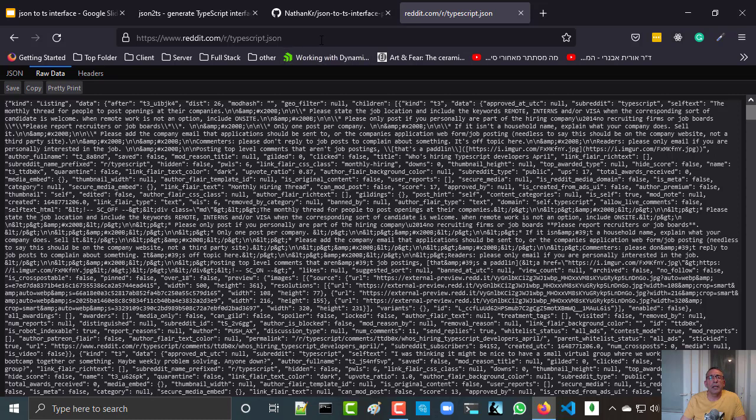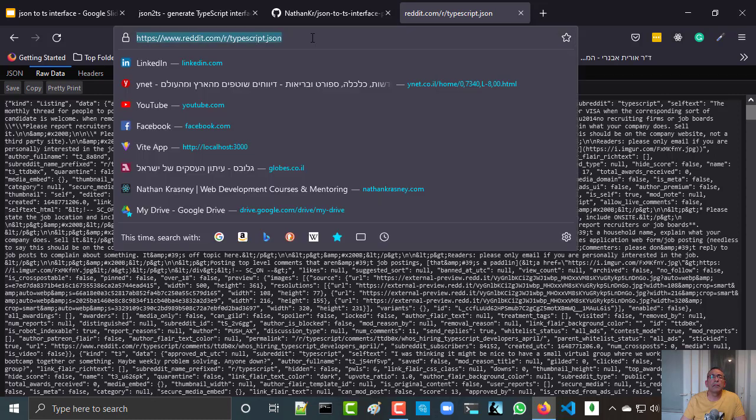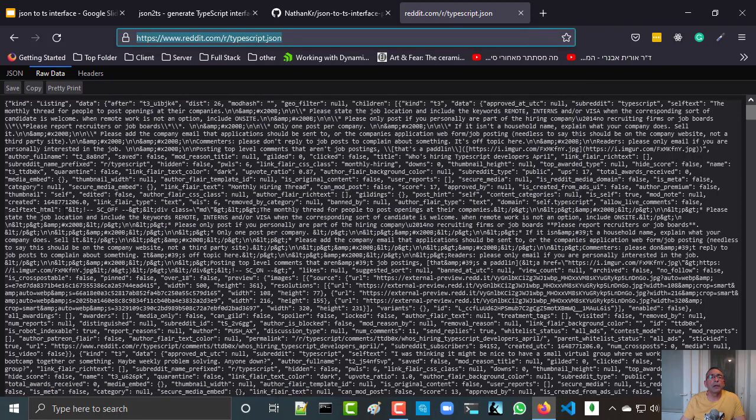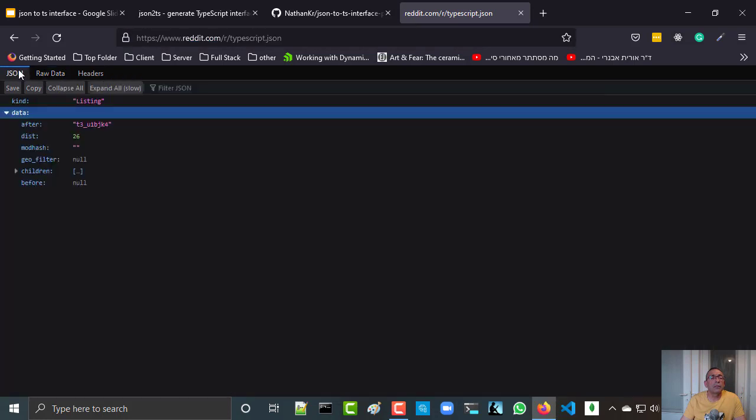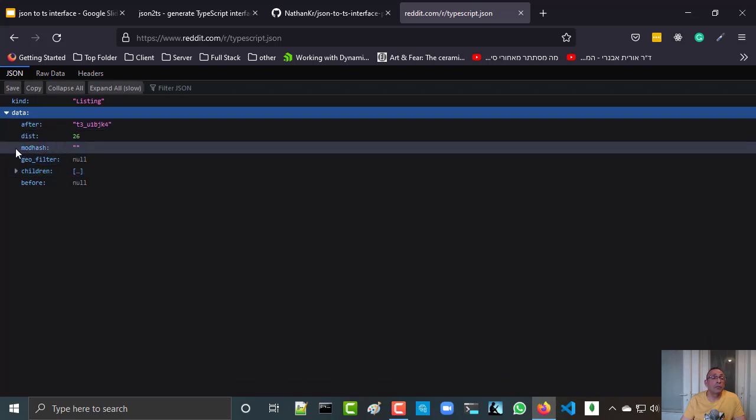Okay, so as an example, I've taken this website, and this website belongs to Reddit. You can get information from Reddit regarding any subject. Here, the subject is TypeScript. So I'm getting posts that are made in Reddit, and I have information about this. It looks very ugly, but if I look, this is JSON, and this looks more